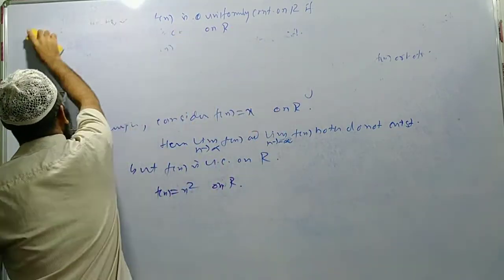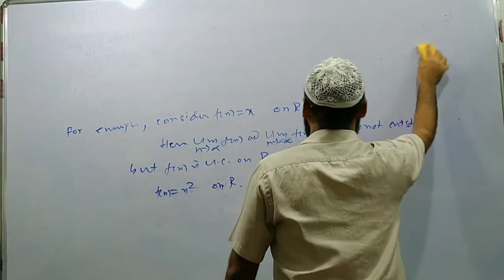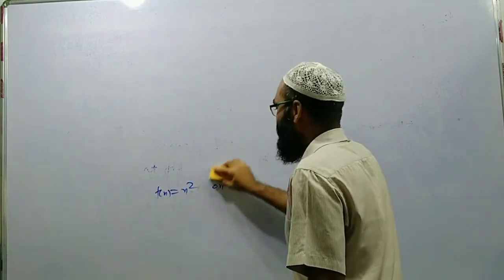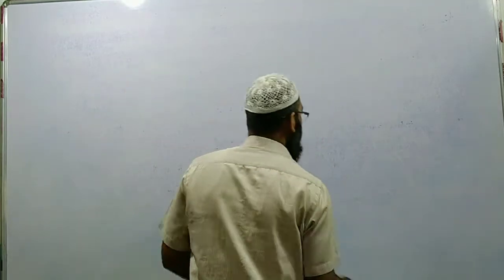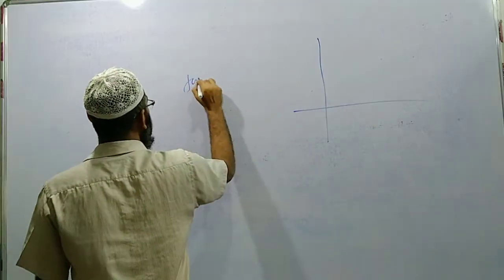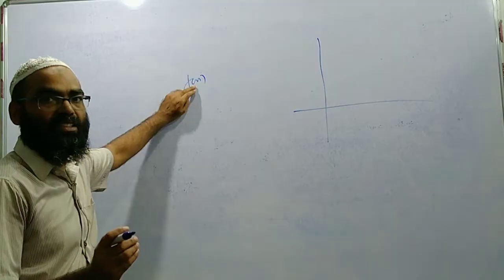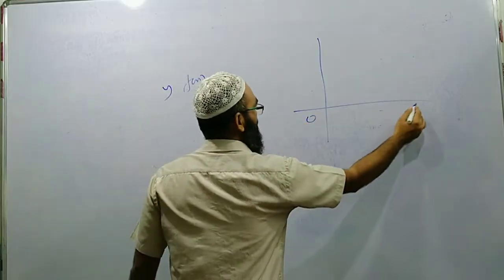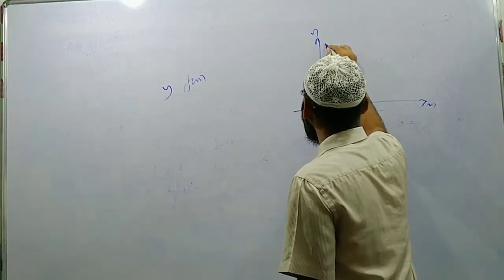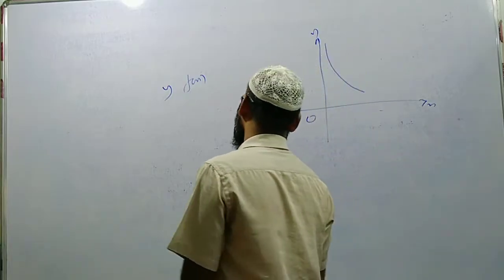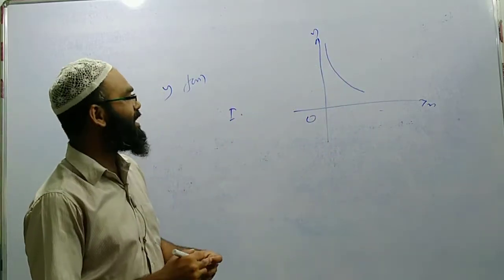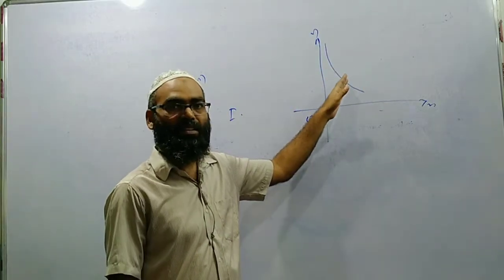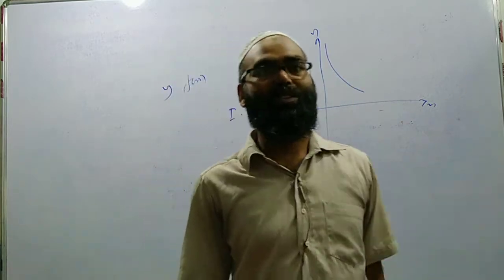Now, if a function f(x) is such that its curve or its graph is parallel to the axis of y, the function f(x), which is tested for uniform continuity, we plot this function in the graph, and in the given interval I, if the graph of the function f(x) is parallel to the axis of y, then f(x) cannot be uniformly continuous.